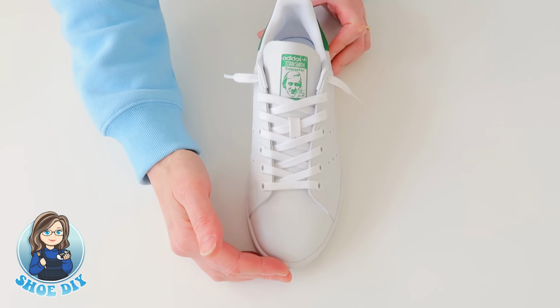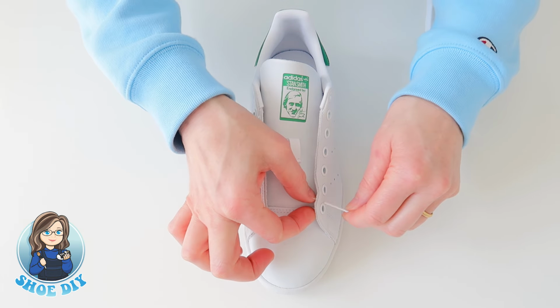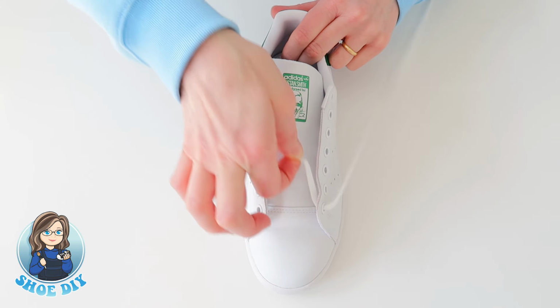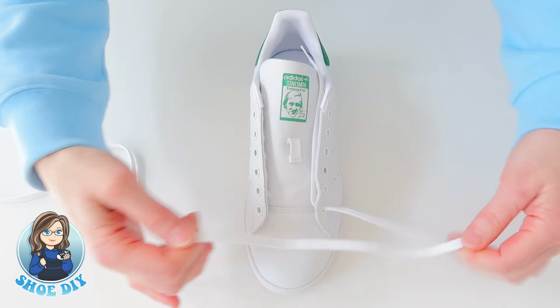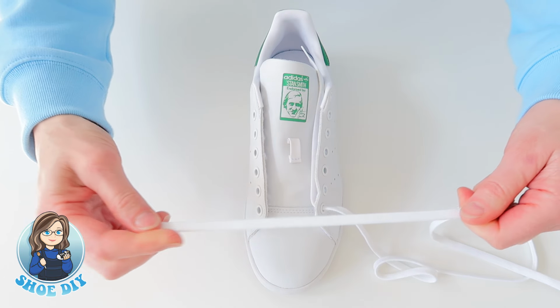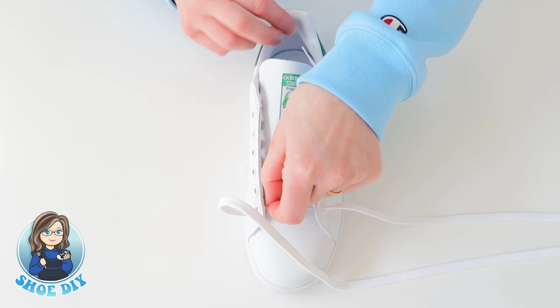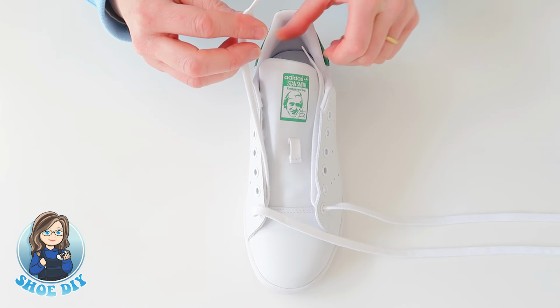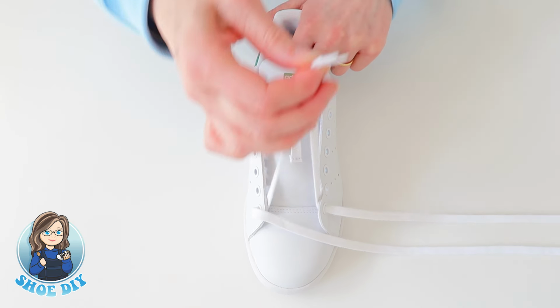So let's get started. The first thing we're going to do is take the lace down through that first hole on the outside of the shoe. Just draw it up into the shoe a little bit, and then when you take your lace across the front, just flatten it out between your fingers to get rid of any twists. And then the end of the lace is going to come down through that first hole on the inside of the shoe. Then, to make sure our laces are the same length on both sides, put the ends together and pull up